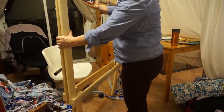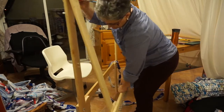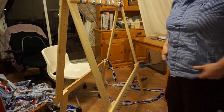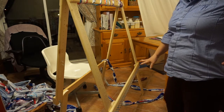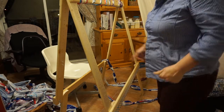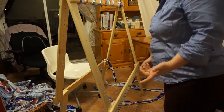Okay, so I call this a frame because it's just like the kind of frame that people put billboards on, and it's sort of shaped like an A. So this model I think is great for schools or maybe seniors' homes where you can work two or four people at a time, so you can have somebody to chat with. Instead of having it laying flat, if you don't have room and you want to just pull it out every now and then, you can use this type of